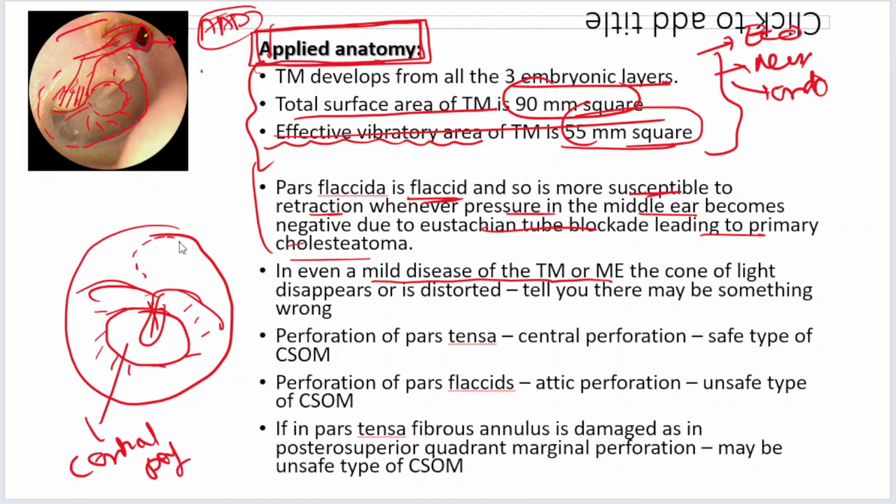Suppose there is a retraction here, suppose there is a perforation here. This comes under the unsafe type of CSOM. It's called attic perforation or attic retraction, and this indicates that it is an unsafe type of CSOM. Sometimes you can have a,